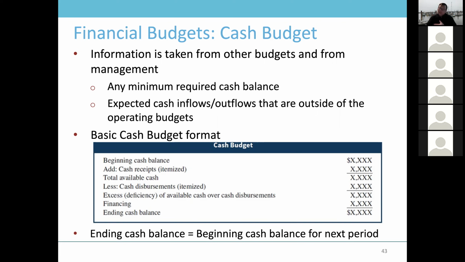And then you have a targeted, the minimum required cash balance, okay? You are going to use financing to adjust that, right? Let's say you have more than the required minimum balance, you're going to use some money to pay back the bank, okay? If you don't have enough, if you are under the target cash balance, you are borrowing money from the bank, right? So this financing is kind of like a two-way,